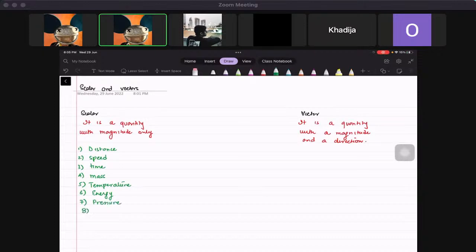pressure, work done, power, okay, and what else? Current is a scalar, voltage is a scalar, also resistance is a scalar. Okay, so usually they will ask you directly which are scalar, which are vectors, so you should remember this. On the other hand, you also have some vectors like